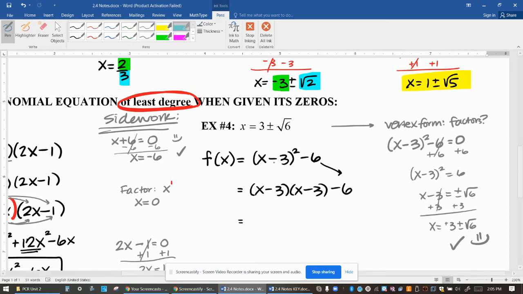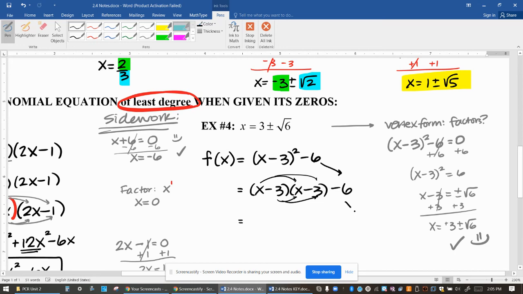All right, so it was supposed to be x minus 3 quantity squared. My bad. But again, that's why I said take a minute to check. I knew something was wrong, and I'm glad I went back to check it. I didn't want negative 3 plus or minus root 6. I wanted positive 3 plus or minus root 6. All right, as I continue distributing,